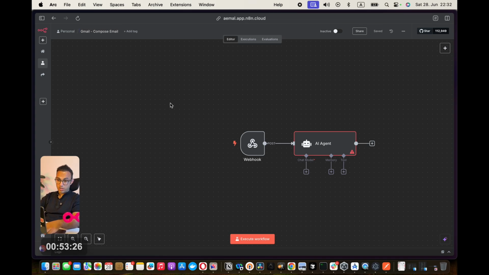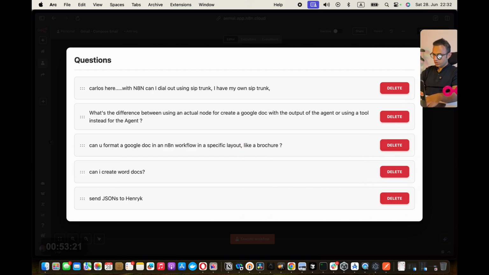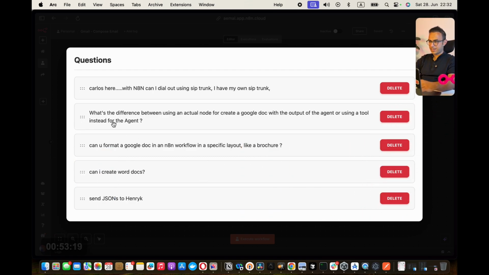Compose email. I saw questions coming in, so let's see. Yeah, it makes sense. I think we should go first, answer the questions, and then come back to the workflow because it's just the start of it. Okay, send JSON to Enric. Yep, makes sense because most of the participants are from this community, but there were a lot coming from also my LinkedIn crowd. So I will send it to Enric, and Enric, you can circulate it, but I'll also do one LinkedIn post where I'll leave a Google Drive link, and then you guys can see it from there.